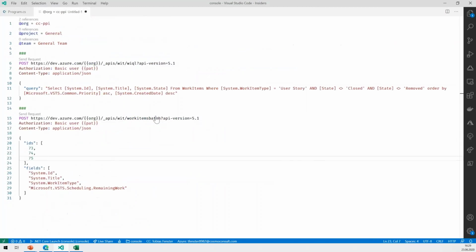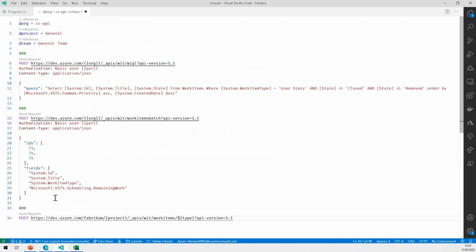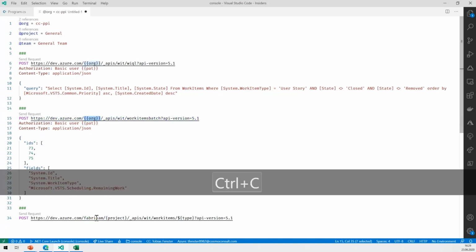So we go back to the REST client, put in the post. There's something I want to make you aware of. As I said, the documentation is very good, but it sometimes happens that they have issues with the samples, let's put it that way. For example, they have the project as variable while the organization still is hard-coded. So you need to kind of look a bit at the samples to really make sense of them.